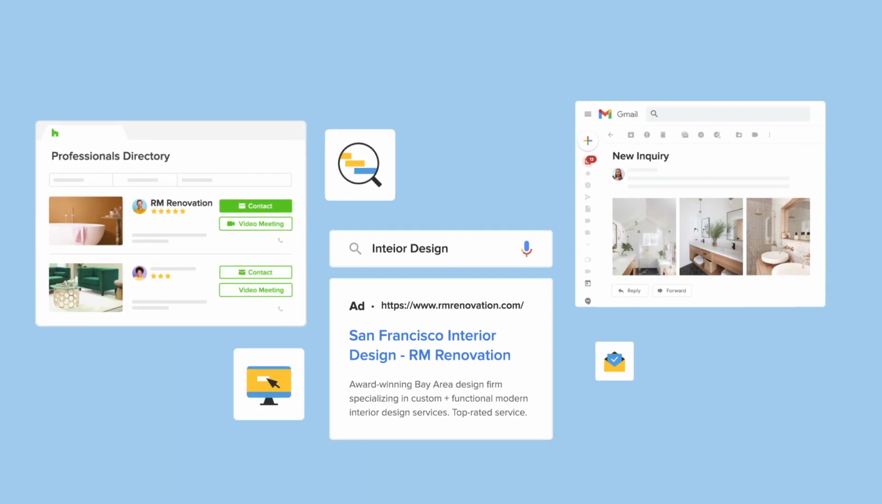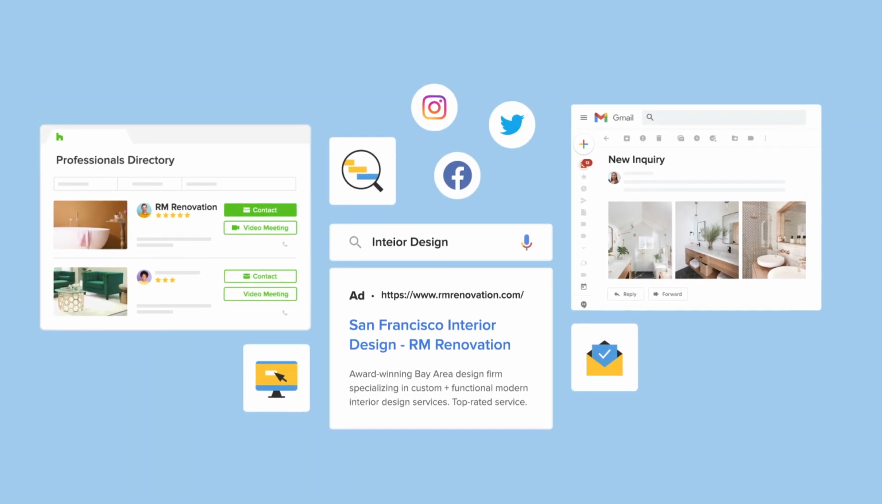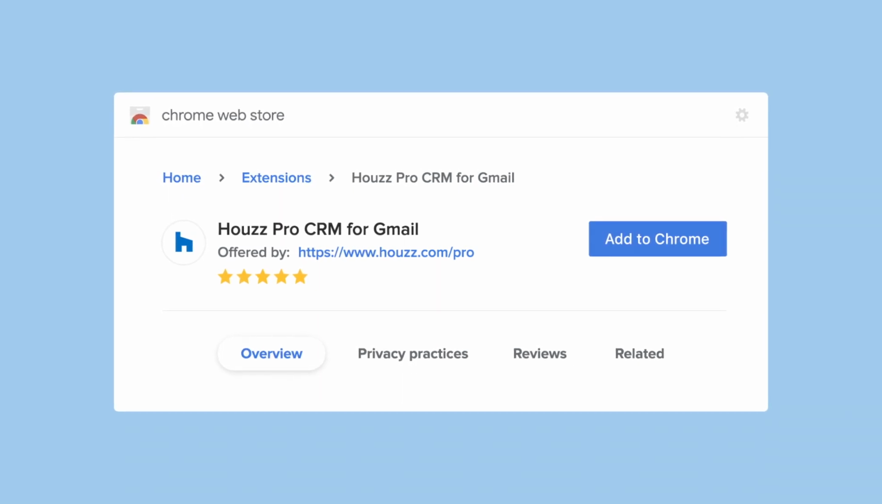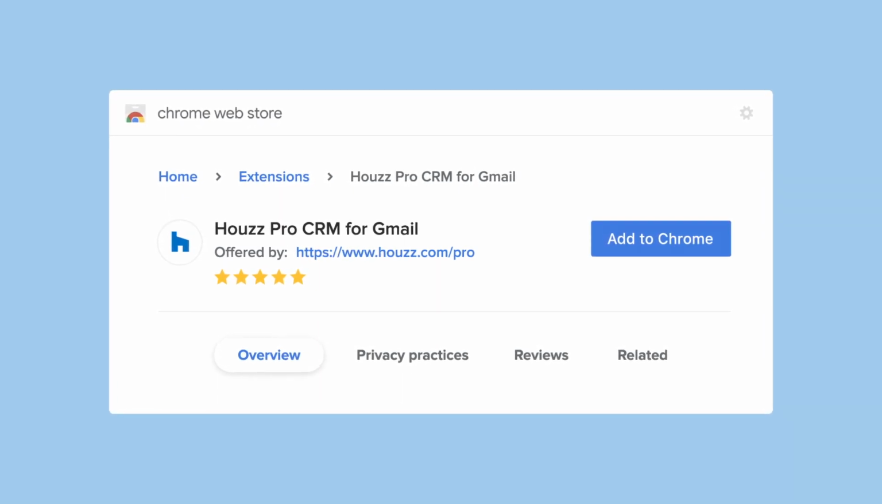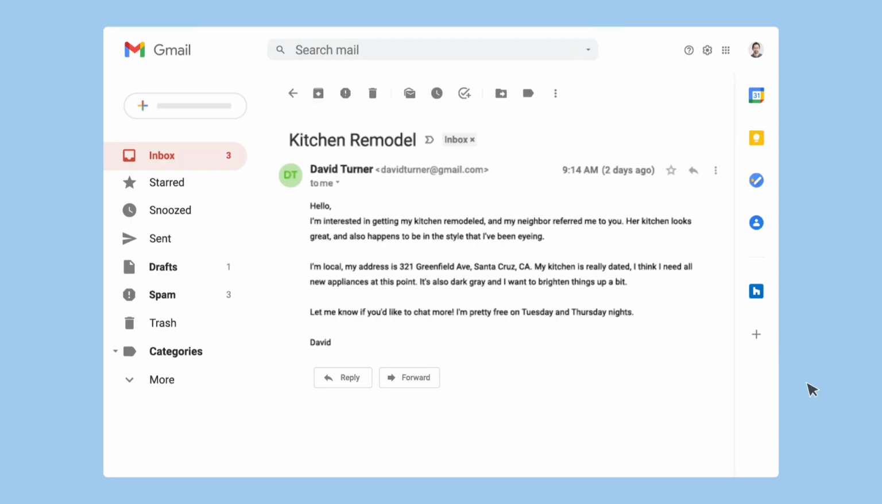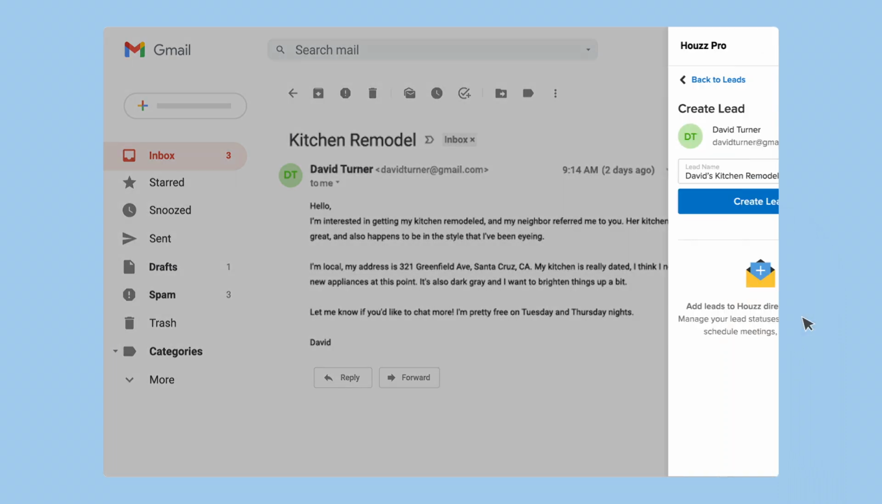Staying on top of leads, especially from multiple sources, can be tricky. But the Houzz Pro CRM and Gmail extension makes it easy to create and manage leads directly from your inbox. Just install the extension. Then whenever you receive an inquiry via email, you can create a new lead directly from